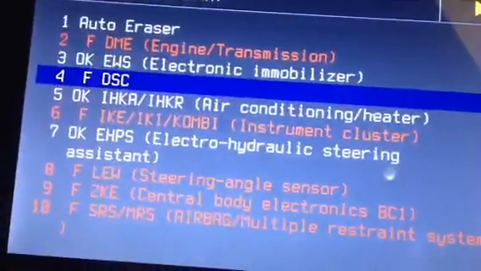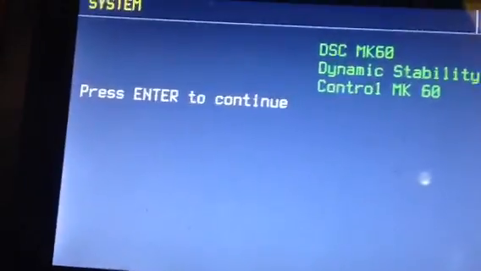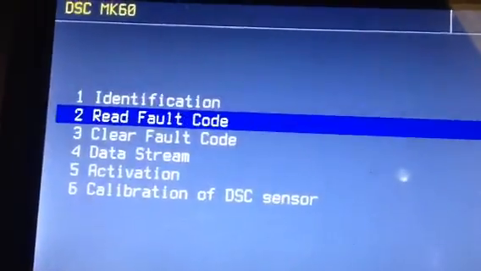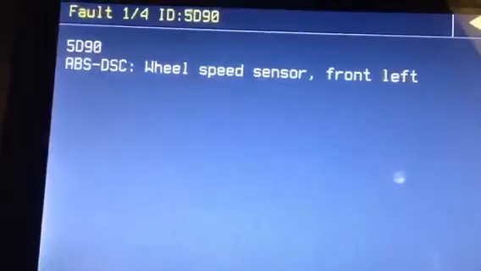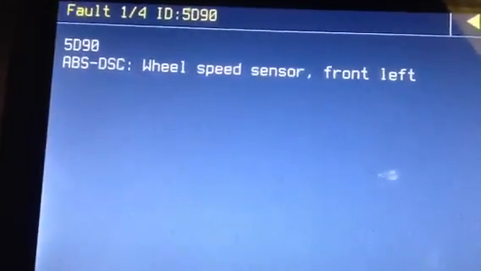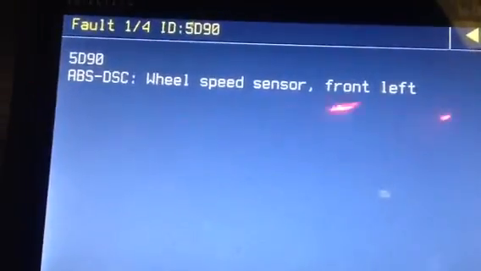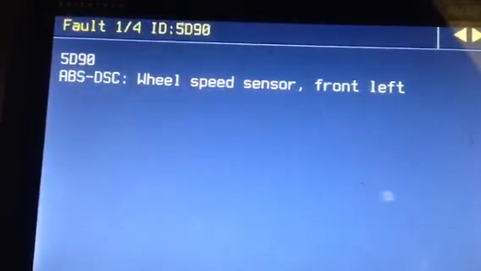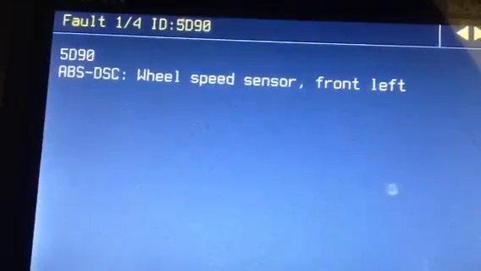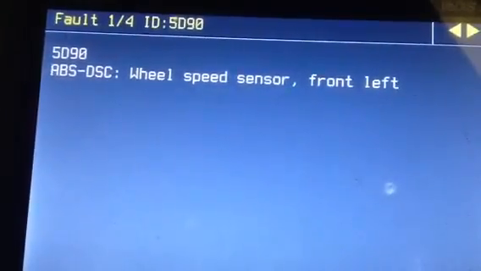So I've looked at these already, but I'm going to look at them again with you. And when we read these faults, there's a total of 4 faults. You see, this is fault number 1 of 4. And it's saying the front left wheel spin sensor is not working correctly. So we'll go out here and I'll show you just quickly where the wheel sensor is. So here's your